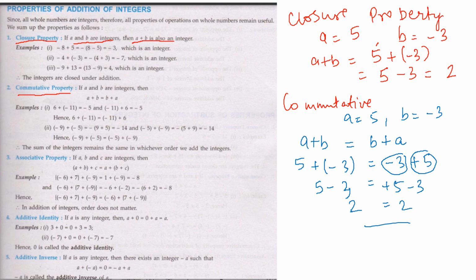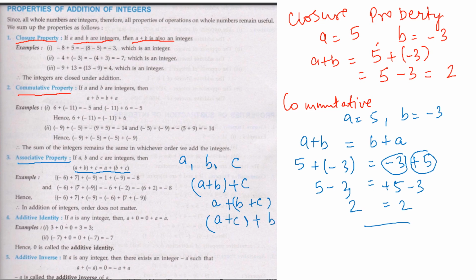Only addition. Okay. The associative property is also like that. Here we consider 3 integers and we add them in any grouping. If the 3 integers are a, b and c, then a plus b and then plus c. In the second way, we can do a plus b plus c. One more method is there, a plus c plus b. So associative means three integers will be given to you and adding them in any order, you will see that the answers are always the same.